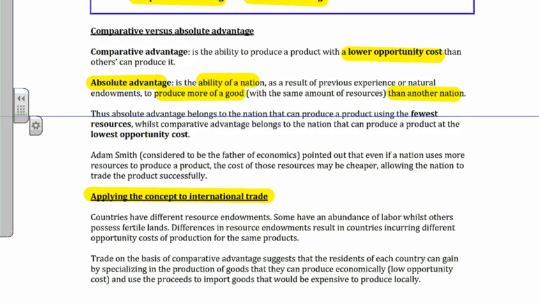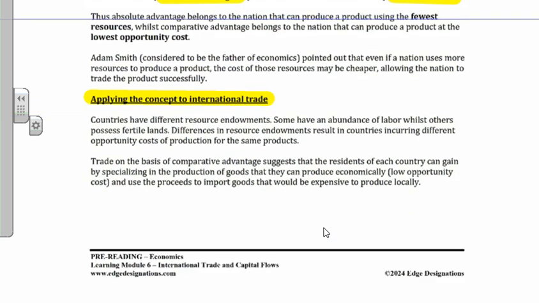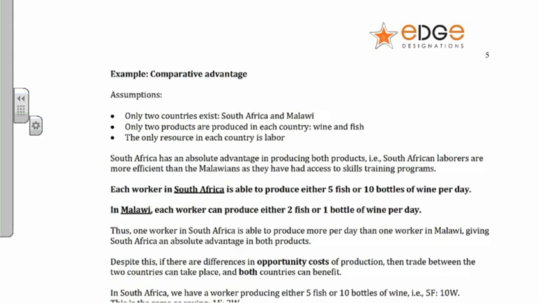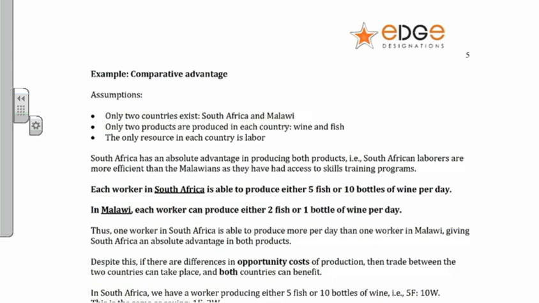Applying the concept to international trade, we know that certain countries have different resource endowments. Some are more resource rich, some are more labor rich, some are more tech rich, whatever it happens to be. Each one should use whatever resources they've got to their advantage. We're going to use this example as we go through. Just keep your head about you, because we work with halves and twos and things like that. It does get a little bit